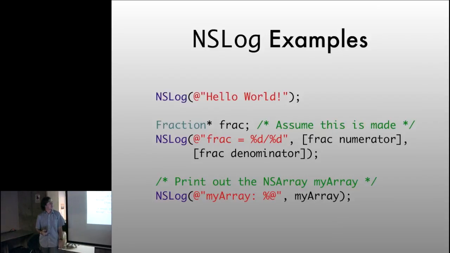In this instance, you could have overridden description in the fraction class to return the NSString of the numerator / denominator, and then here you would just say frac equals %@ and pass your fraction in, and it'll call your description. Which is arguably the better way to do it. But just to have a pedantic example, I wanted to show you that you can still use all the old C format specifiers that you know and love, and have the fixed width and the number